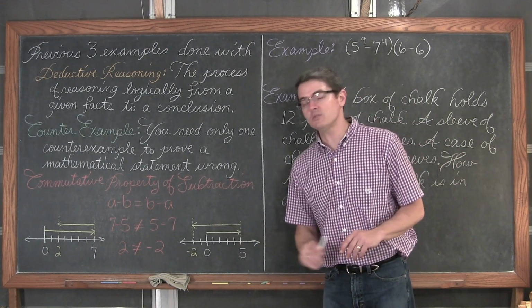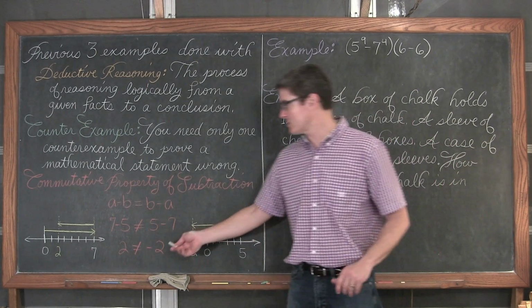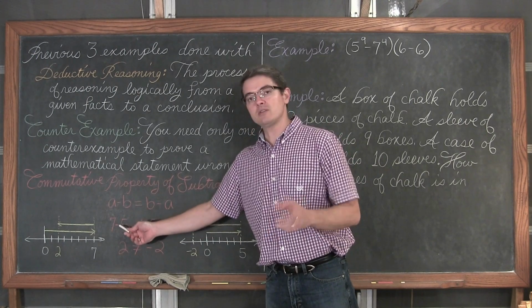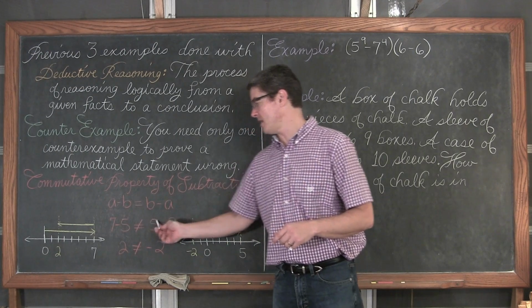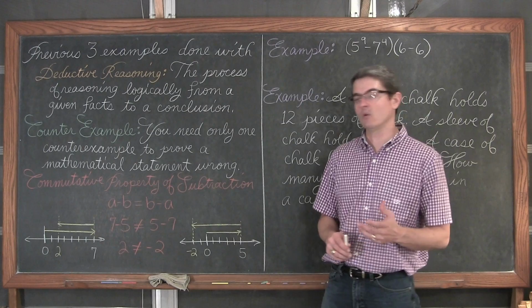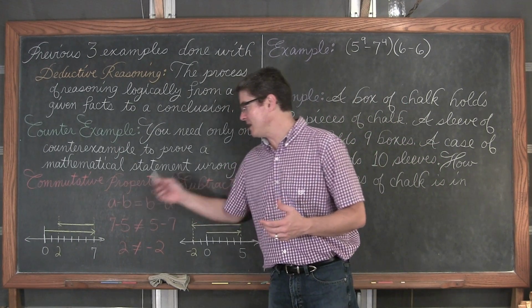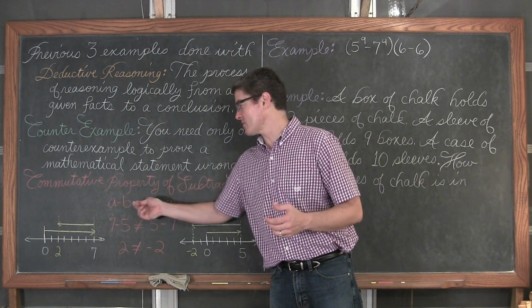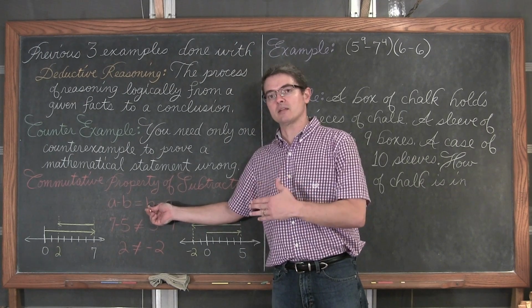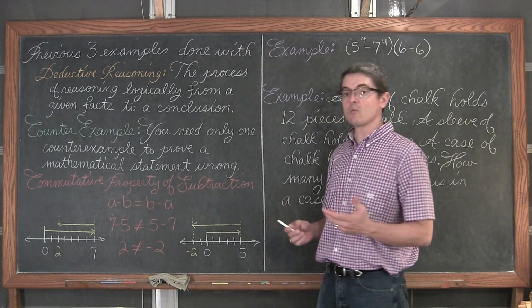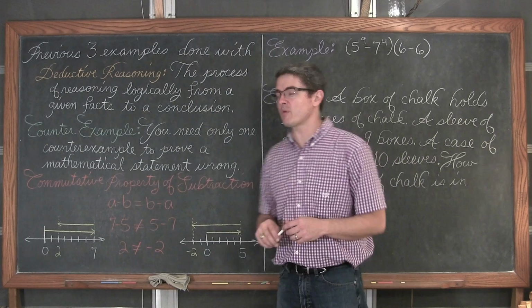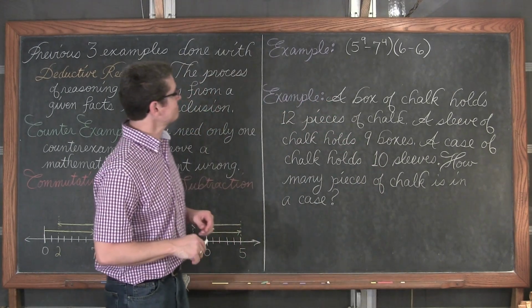To validate that no, 2 is not equal to negative 2, which is what we get from attempting to reverse the order of 7 minus 5 to become 5 minus 7, or that a minus b, any number minus another number, is equal to that same second number minus the first. Just doesn't work. Okay, so we only have the commutative property of addition and multiplication.